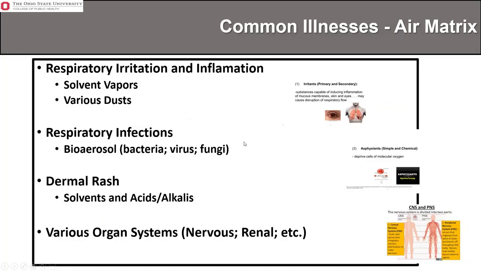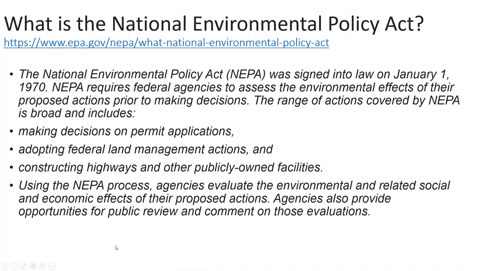And here's a list of some common concerns by contaminated air. And it's not all respiratory. You can have contaminated air and the direct contact can result in impacts to the dermal system. But once inhaled, contaminants become systemic, and a myriad of organ systems, central nervous system, peripheral nervous system, can be involved.